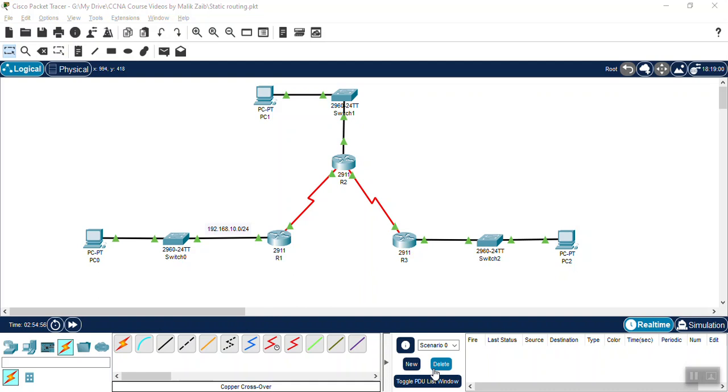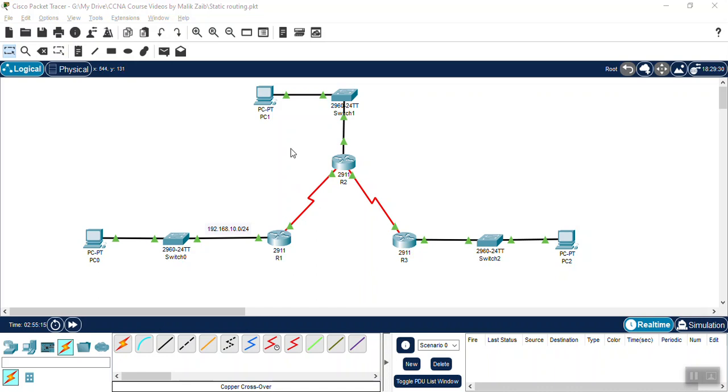Our today's topic is the continuation of our previous topic, that was static and default routing. As you know, we have configured this scenario in our previous lecture. So I want to tell you one more thing about the static route. If we add one more network or two networks in this scenario, then how will we configure the static